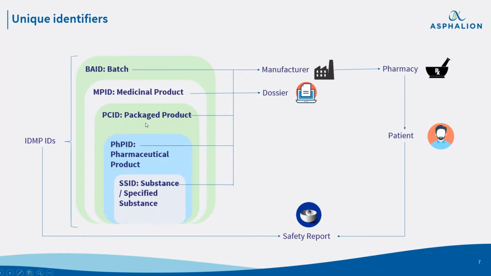Just so you know, and they start ringing a bell, let's say, we will have the MPID that defines our medicinal product. And this one will be used a lot in the future as well. It's the one related to the packaging. And if some of you have worked in serialization projects before, this may be something you have encountered in the past, because in the EMVO guidance, it was mentioning this PCID, and nobody knew where this was coming from. But it was because IDMP was not implemented at the moment, and it's not yet.